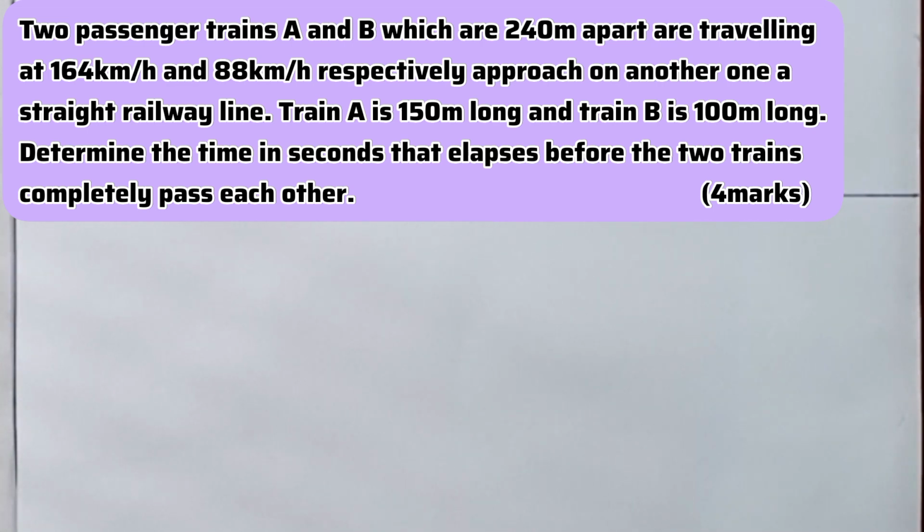Train A is 150 meters long and train B is 100 meters long. So the question is asking you to determine the time in seconds that elapses before the two trains completely pass